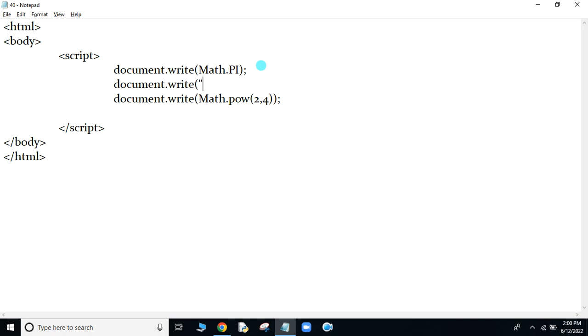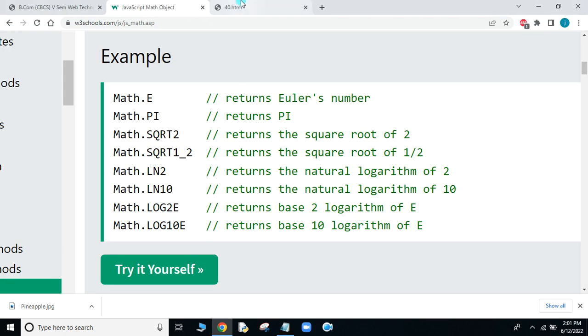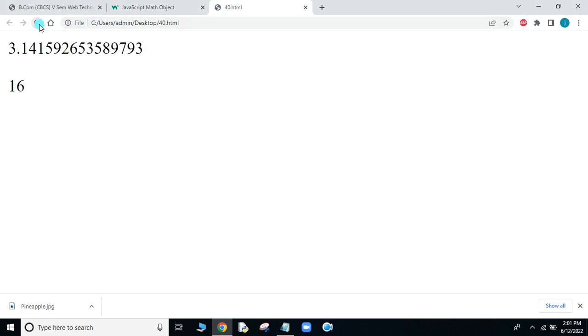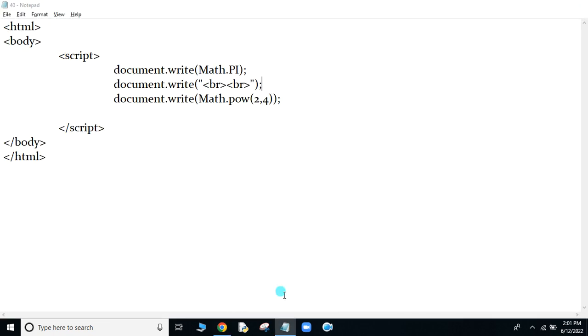So the break tag also I have to write within this document.write function. Okay, now save this program, semicolon, and now the pi value will come, and next the 2 power 4 value will come. Okay, now let us see. Right, so this is the pi value, this is the 2 power 4 value. Like this, dear students, try to insert at least